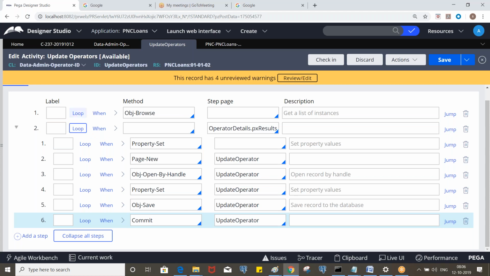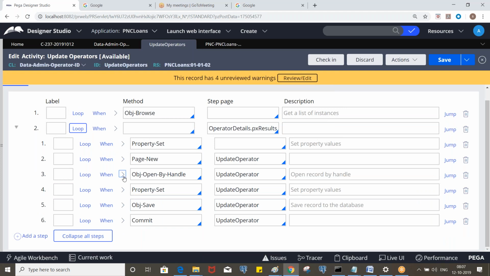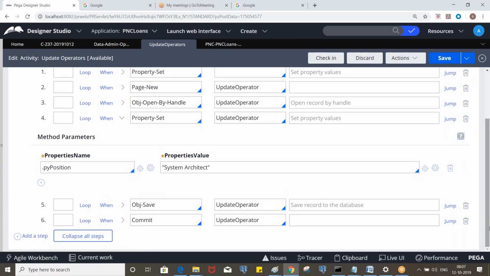When you use it, you must define the page list, and then we capture the pzInsKey into the parameter and pass the same to Obj-Open-By-Handle. Once this step is executed, it will fetch the corresponding operator details on this page, and we update the position and save it back to the database.